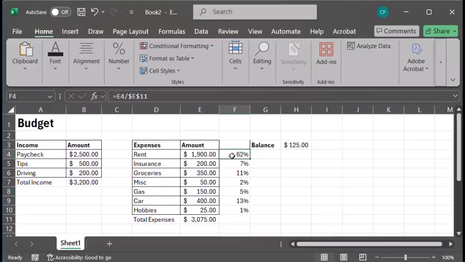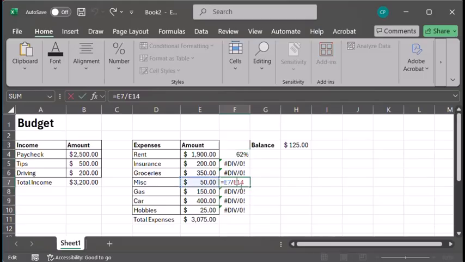Now, just to see what it looks like if I don't do those dollar signs. Without the dollar signs, these are called relative cell references, and they're defined relative to the location of that box. So if I drag it down the table, I'm getting some errors here. These are divide by zero errors.